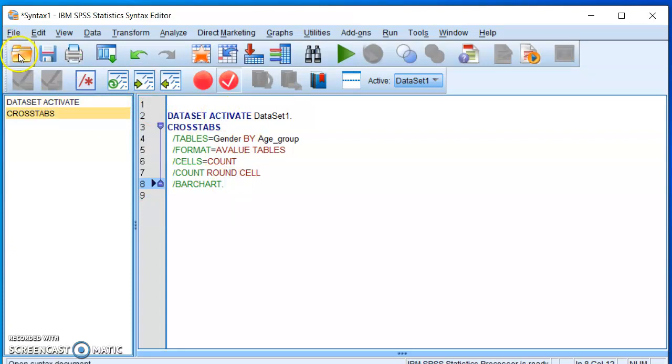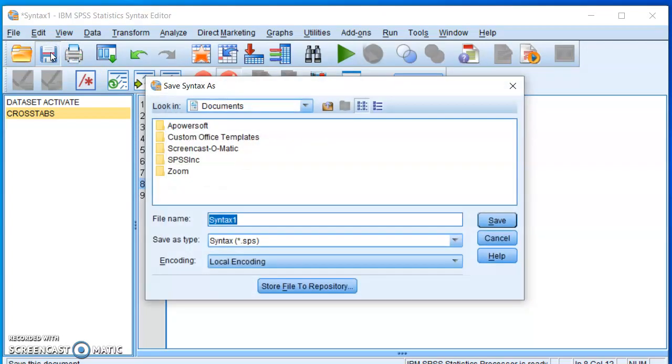I'll go to that save button. You can see a floppy-type icon appeared here. So you click over here. Now you can see here syntax, .sps. So we always prefer to save the syntax in SPSS. That is our operational procedure, right? So now I'll select